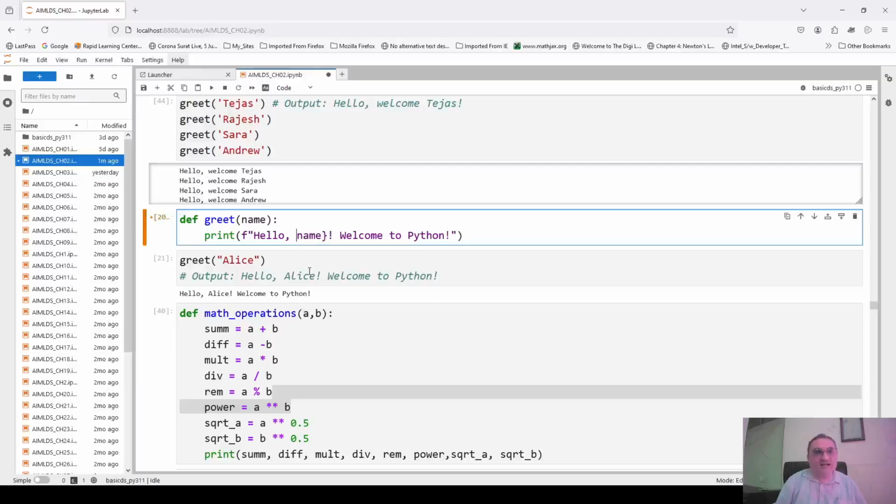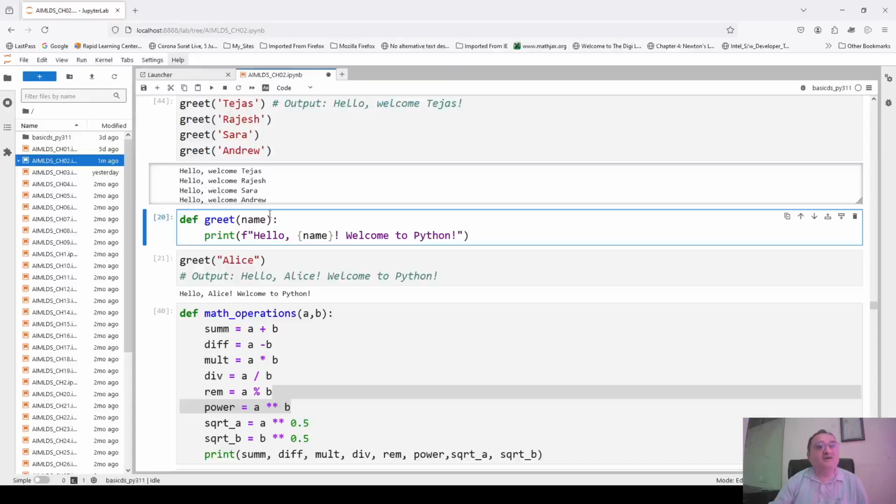You can immediately see that if I don't write the curly braces, then the color changes. So if I keep it this way, then this function will always go on printing hello name, welcome to Python. But if I write it this way, now you can see the color will change to black, and now whatever name is passed here, it will print this. So this f in the beginning and these braces will change everything. So please remember, this is also one way of doing it.